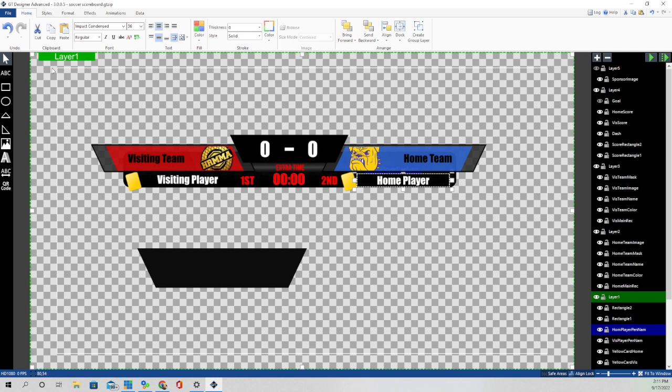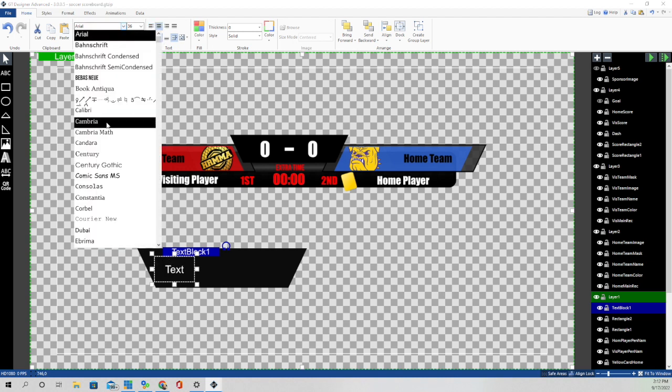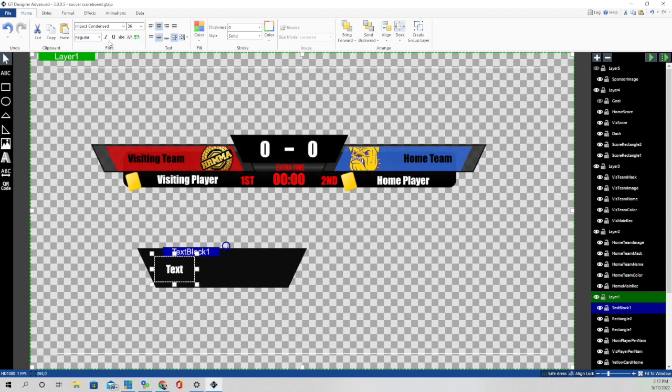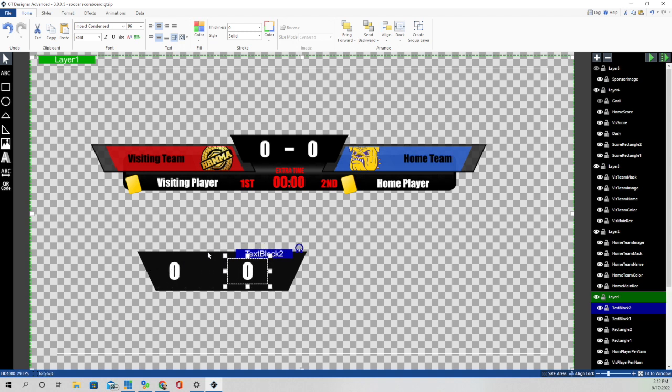To create these 3 elements, I used the text block. Went under fill, changed the color to white, centered it in the middle left and right, and in the middle up and down. Changed the font again to Impact, bold. And then I just typed in 0. And I right clicked and copied, and I right clicked and pasted, and I moved this one to the other side,